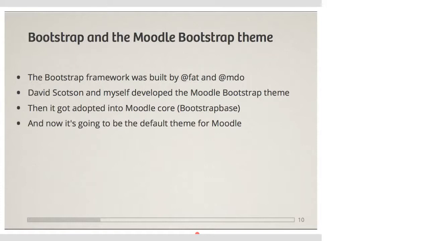So he mainly decided to do more of the advisory role on it. And then David Scottson was doing a Bootstrap theme as well. So I saw it on GitHub, so I contacted him and asked if we could work together. And he liked that, so we did. We started working together and created the first version of the Bootstrap theme that was on the Moodle plugin database